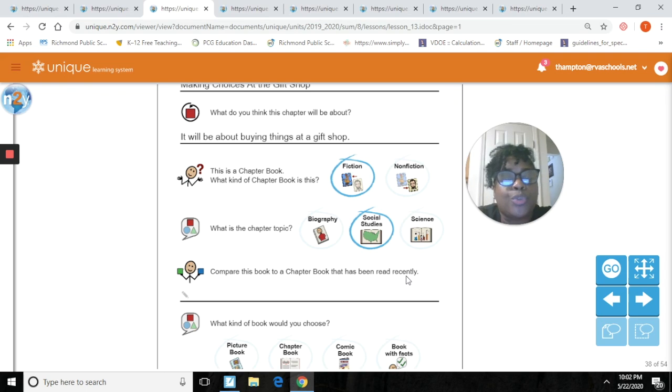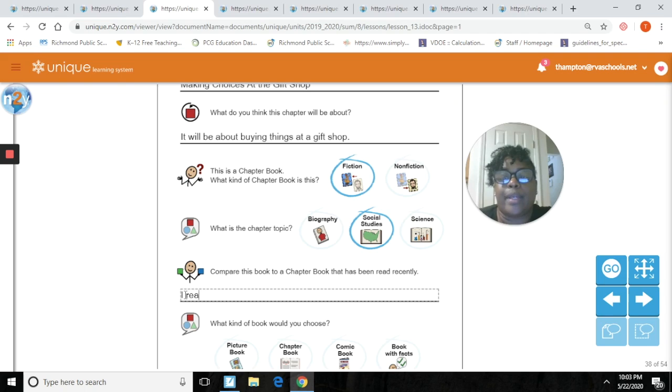And then you can take the time on your notebook paper or in your notebook or notepad or whatever you have that's handy, and think about a book that you've recently read, okay? And then what you can possibly do is compare it to this book that we're going to read. Although we haven't read it, but we have looked at the book cover, okay? All right, so